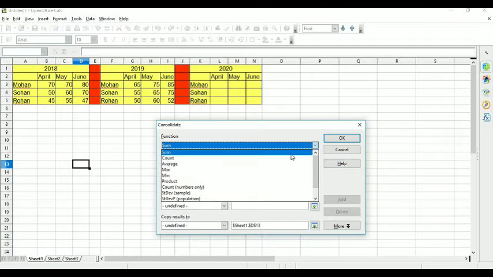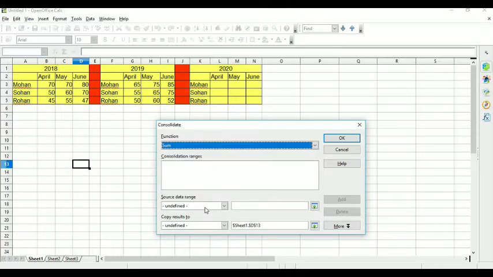These are the functions, but the basic function is sum, and in your syllabus it is given as the sum function. So we will work only with this function. Click on the sum function.